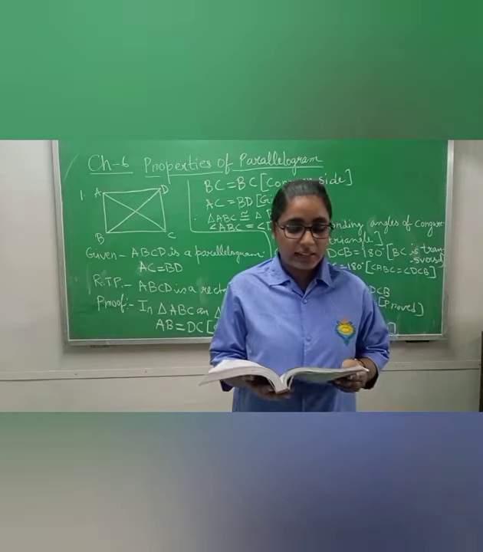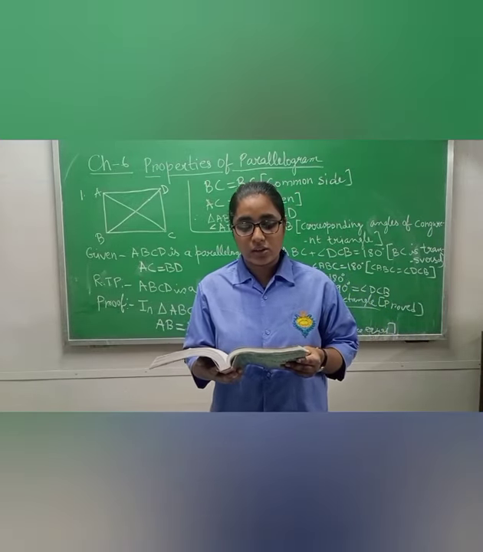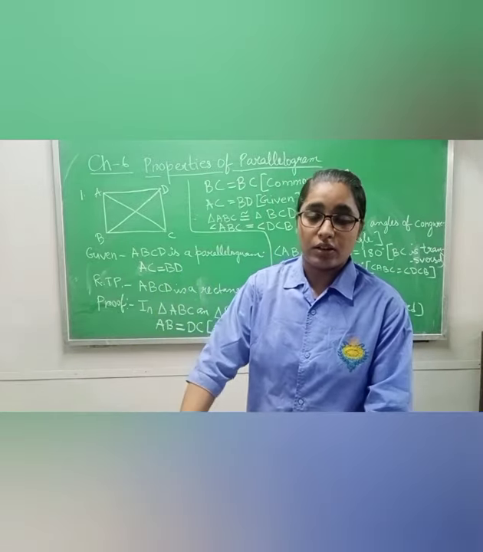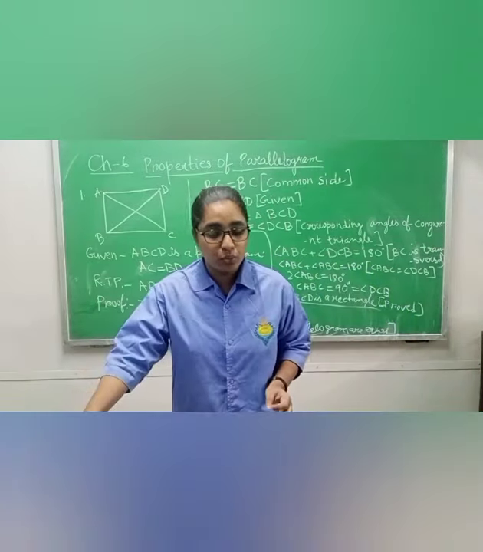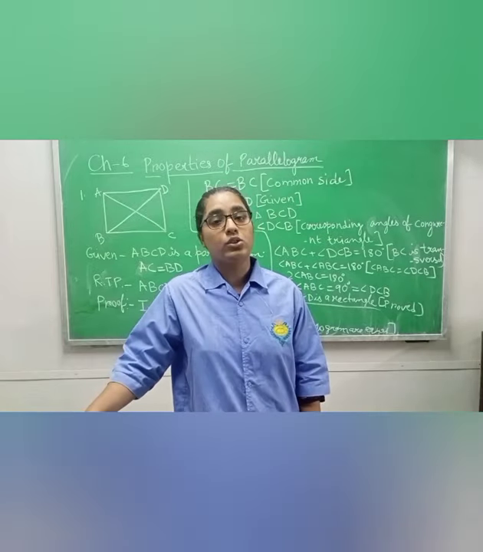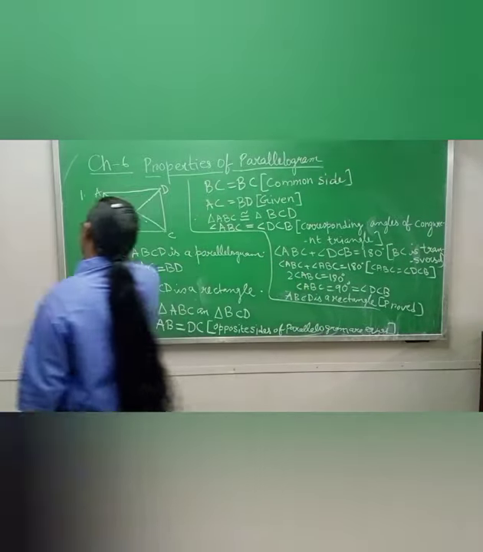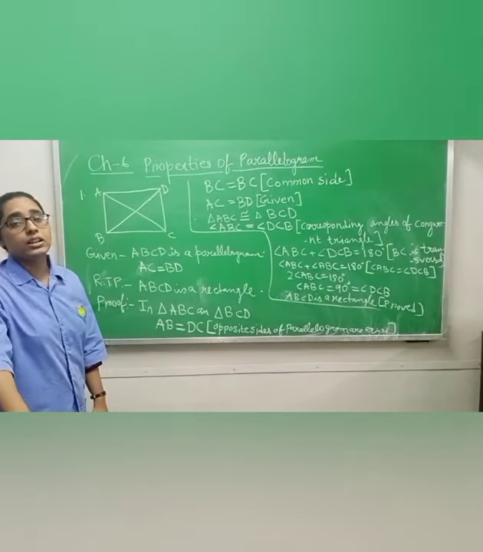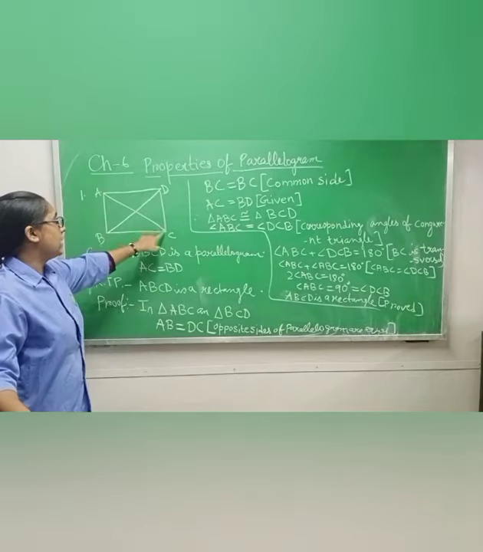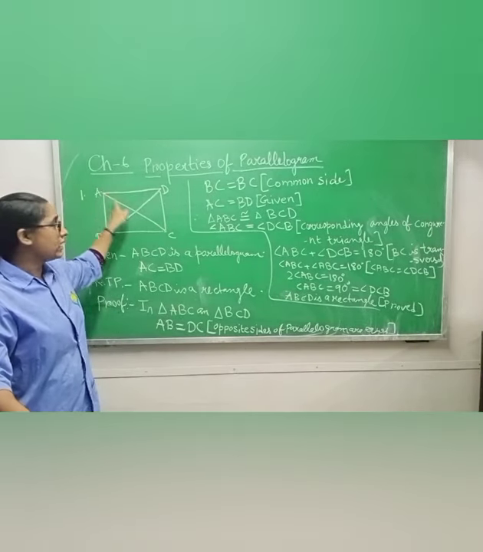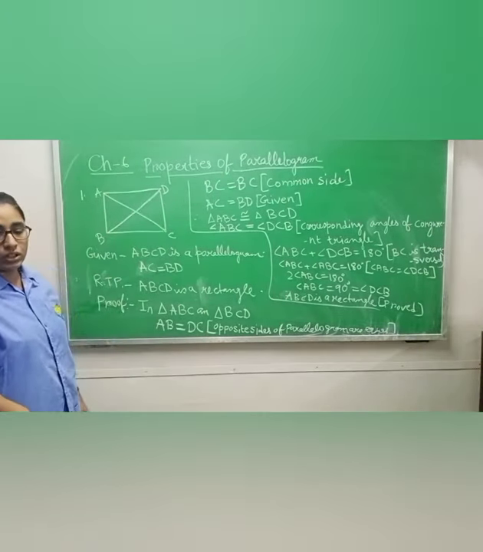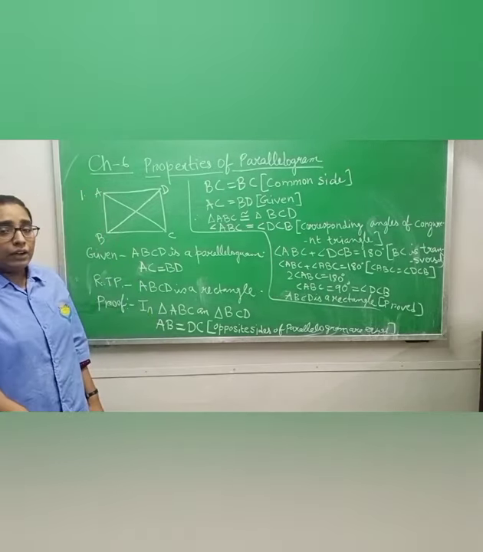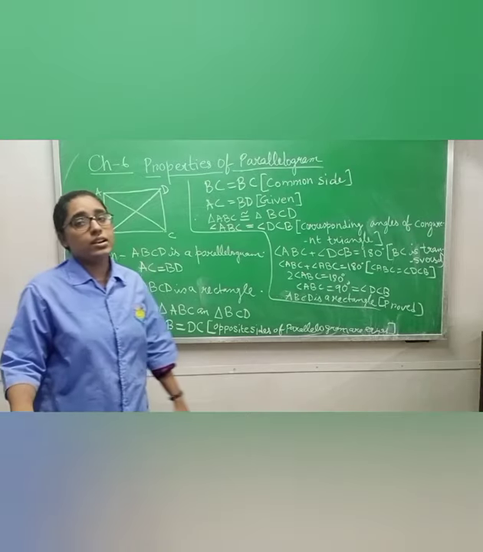Let us prove that if the length of two diagonals of a parallelogram are equal, then the parallelogram will be a rectangle. What is the question? We have to prove if the length of the diagonals of a parallelogram are equal. So I am taking one parallelogram ABCD, and they are telling diagonals are equal. That is why I am joining A and C, B and D. So you know that AC and BD are two diagonals, and they are saying that diagonals are equal. We have to prove that ABCD is a rectangle.